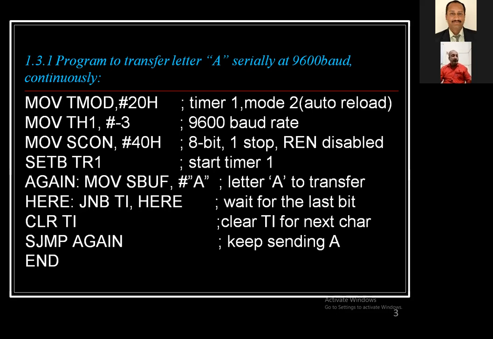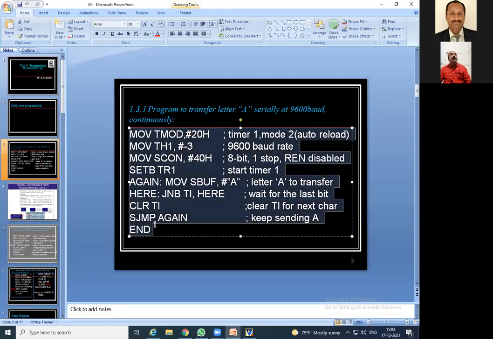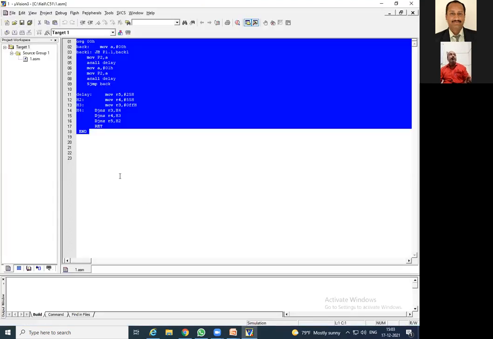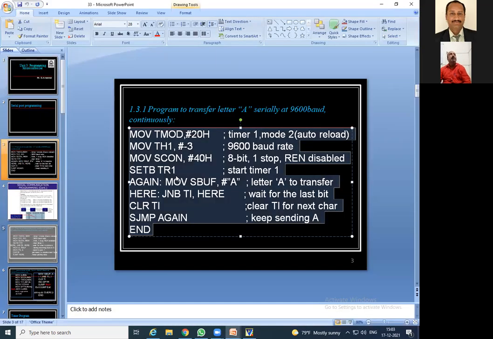I will share the Keil software over here, copy the same code, and paste it in Keil. I have just opened the Keil software.